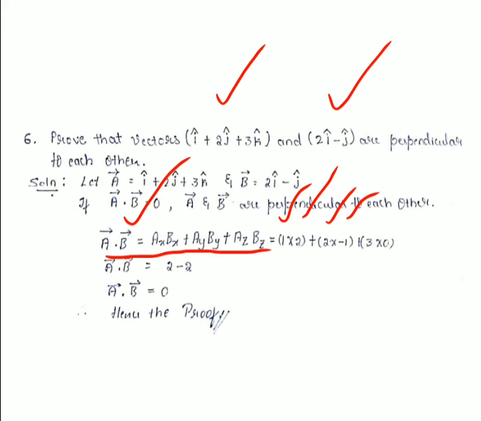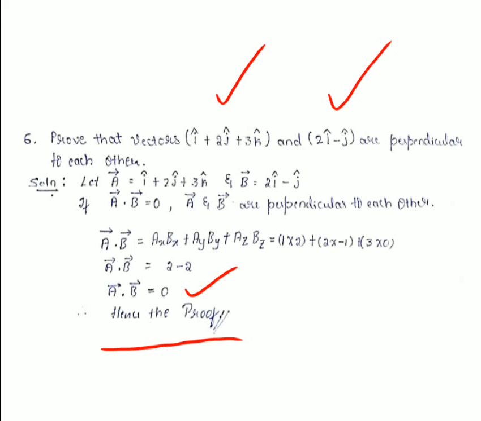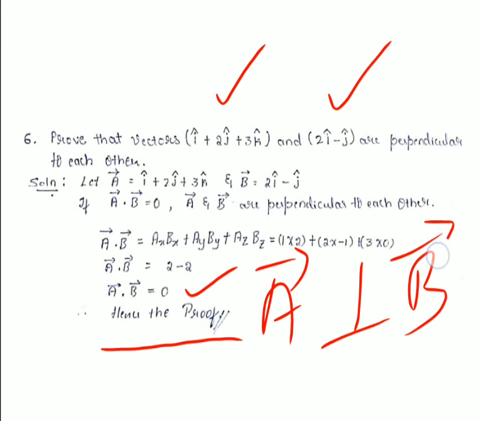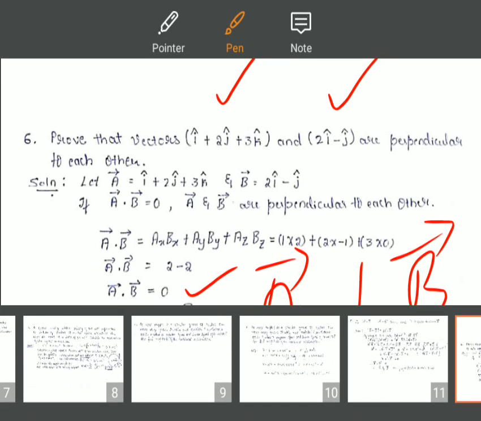Similarly, AZ value is 3 and BZ value is not there, so it is 0. Okay, substitute and simplify, we will get A dot B is equal to 0. So vector A and vector B, the given two vectors, are perpendicular to each other. Okay. It's the proof of the problem. Okay. Next